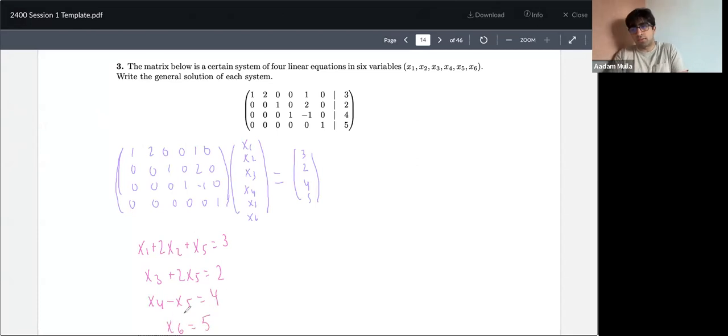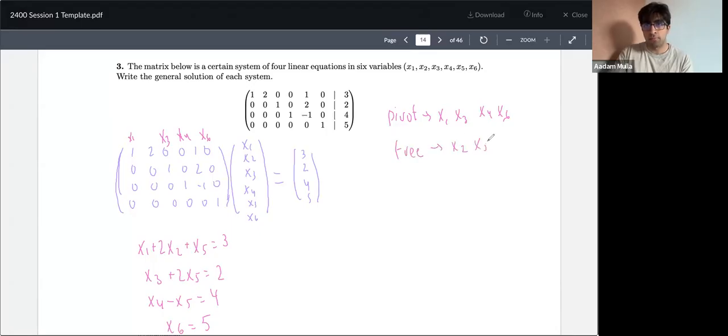Excellent. So they gave us right away that x6 equals 5. That tells us x6 is definitely a pivot. But if we also just look in the x6 row, the first thing is a leading one, so it's also a pivot. There's many ways of seeing the same thing, and you should be able to connect the dots so you can feel confident. So let's see which variables are pivots. x1 seems to be a pivot. x2, no, because this is not a leading one. x3 is a pivot. x4 is a pivot. x5 is not, and x6 is a pivot. So our pivot variables are x1, x3, x4, x6, and then our free variables are